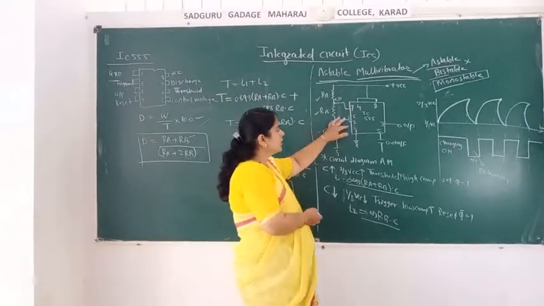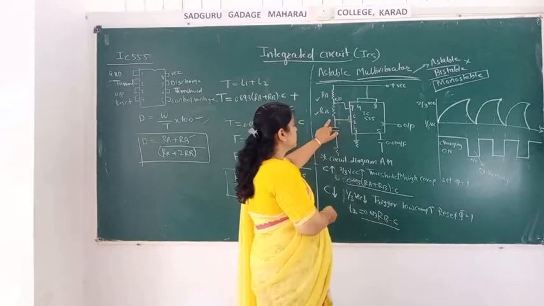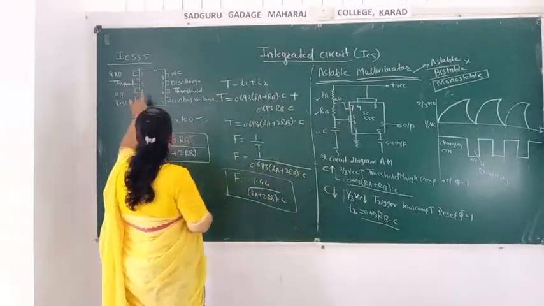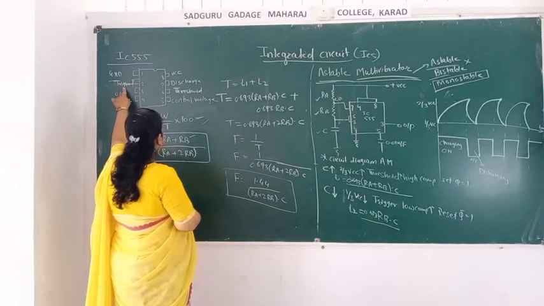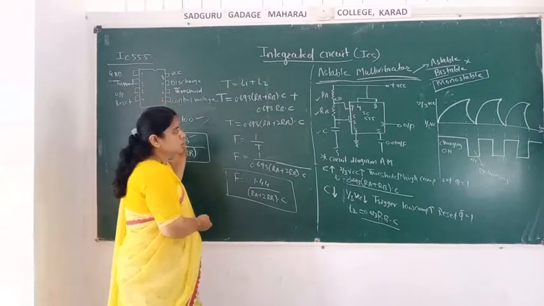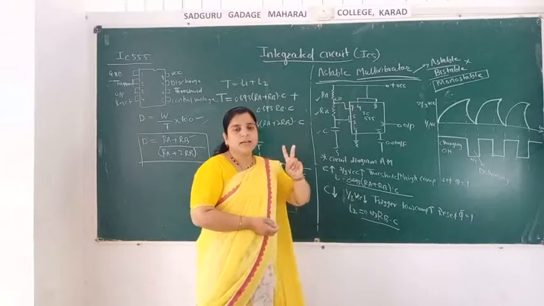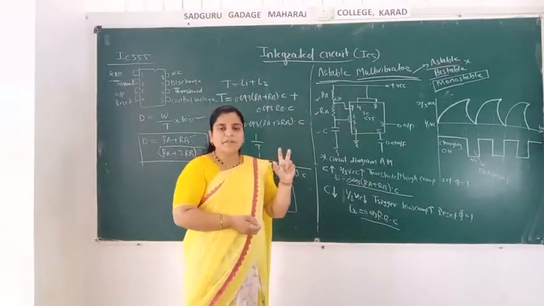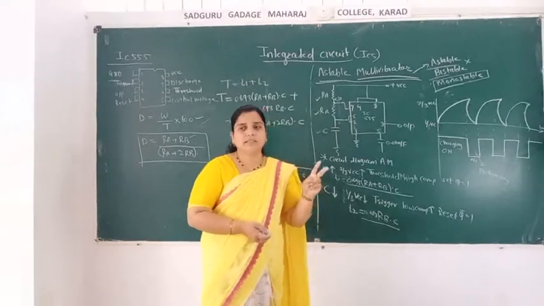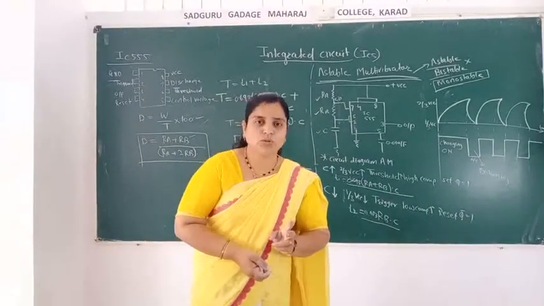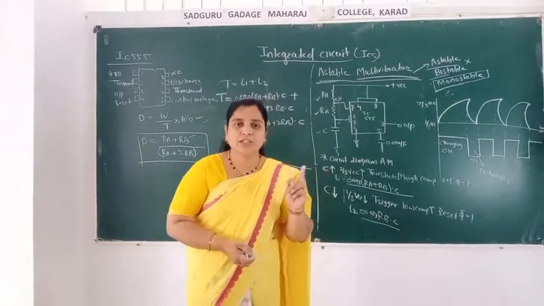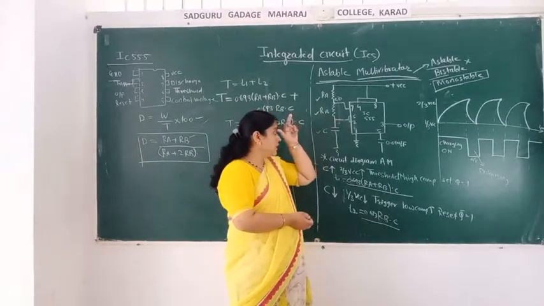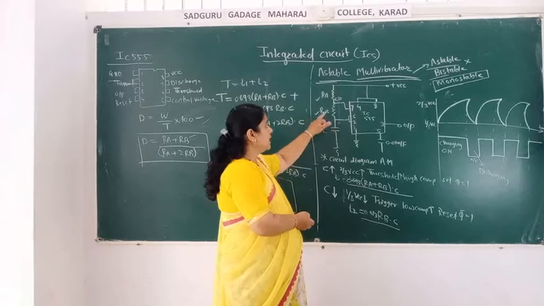So here pins 2 and 6 are connected to the resistors. Pin 2 is the trigger input and pin 6 is the threshold input. The IC555 has two inputs on which the output depends, that is the threshold voltage and the trigger voltage. So 2 and 6 are given here to the junction of RA and RB.